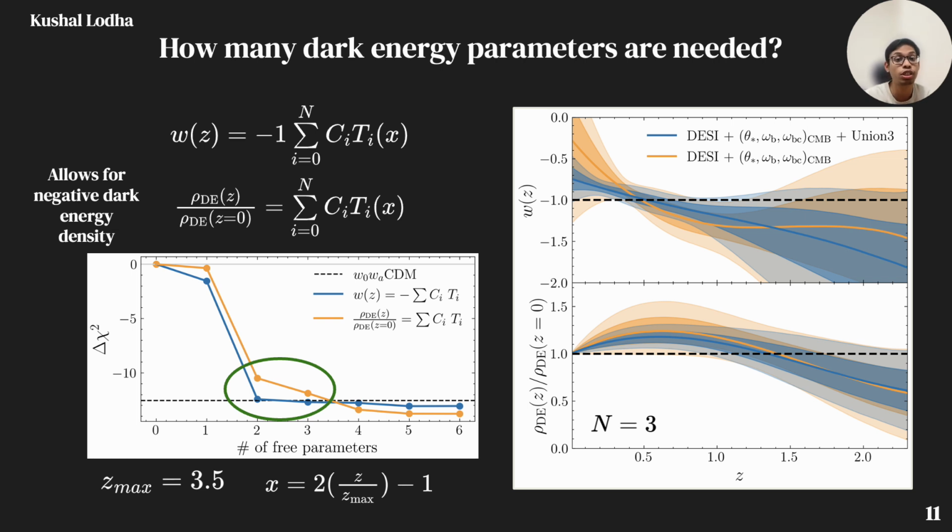We can also explore giving similar freedom to the dark energy density directly. This even allows for negative dark energy densities. What we find in the bottom plot is a similar trend as we saw in the w0wa. We can perform this exercise for different values of n and plot how the improvement in the delta chi-square relative to Lambda CDM changes with the number of free parameters introduced. We find that the improvement in the fit to the data saturates around 2 for the equation of state and 3 for dark energy density. The black dotted line is shown here as a w0wa comparison in the delta chi-square plot.